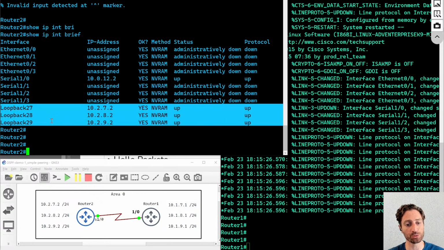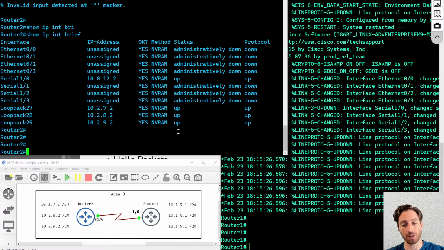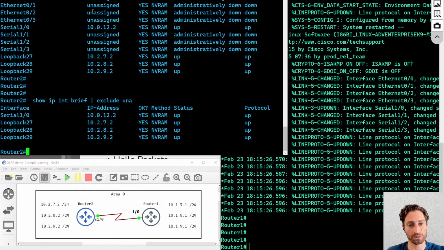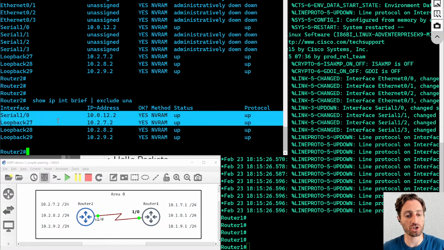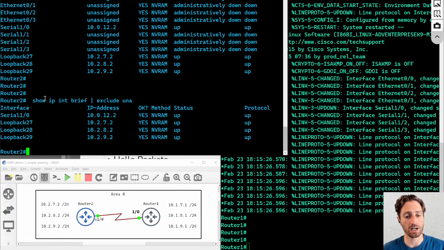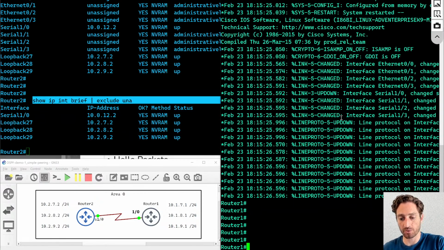Notice here I've got 3 loopback interfaces configured, representing these 3 networks on the other side of router 2. Now, most of the time, instead of using this command, I'll use show ip int brief | exclude unassigned. That's going to exclude any line that has the letters UNA, filtering for this word. The idea is it shows me only the parts of the output that are useful to me, what's configured. If we did the exact same thing on router 1 over here,